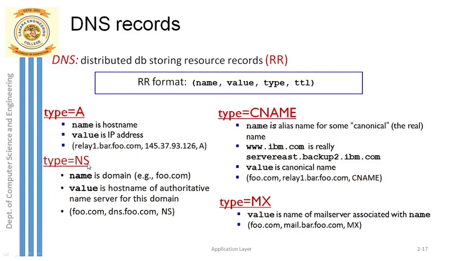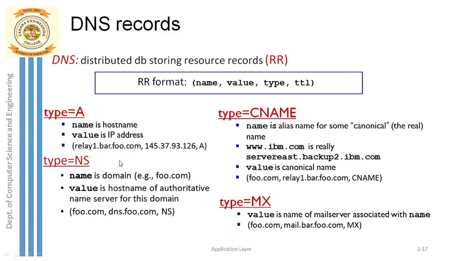In this, if I take the same above example, relay1.bar.foo.com, this is a website address, right? In this, there is something called the last part, which is actually important. What is that last part? foo.com. For example, if I have my email address, something like sushma at gmail.com, there gmail.com would be the domain, correct? So gmail.com is the domain.